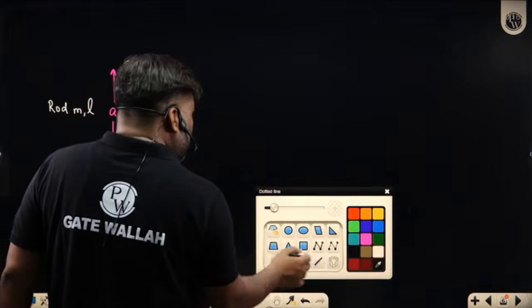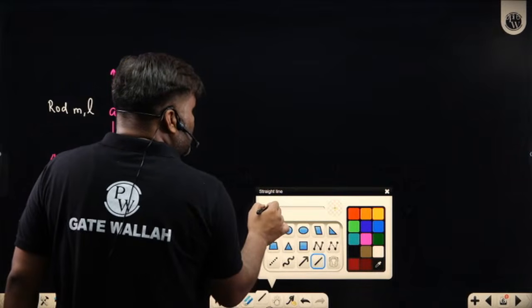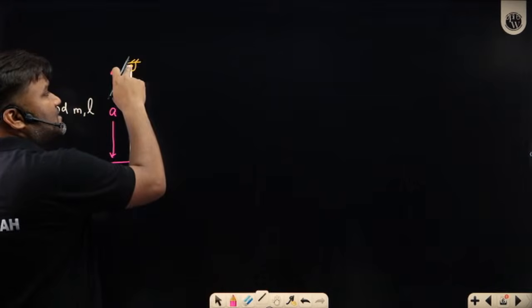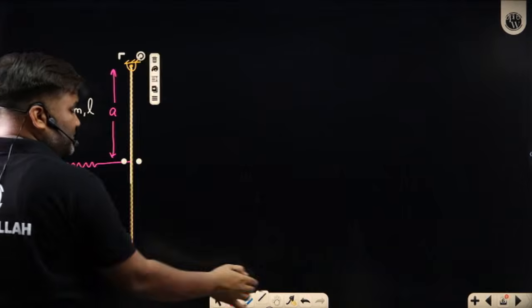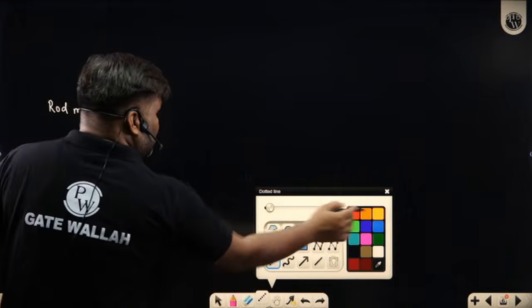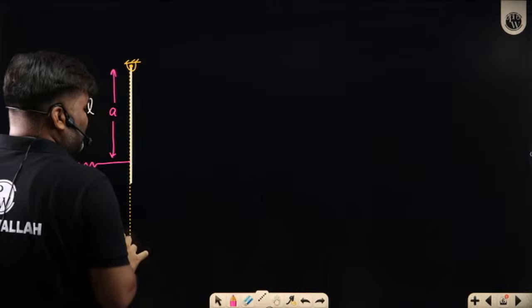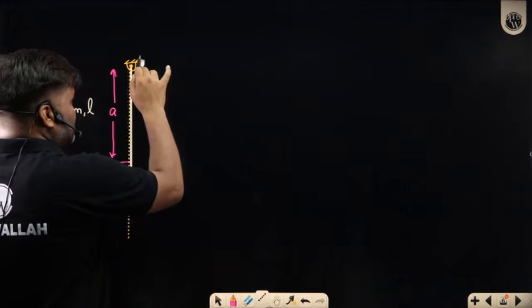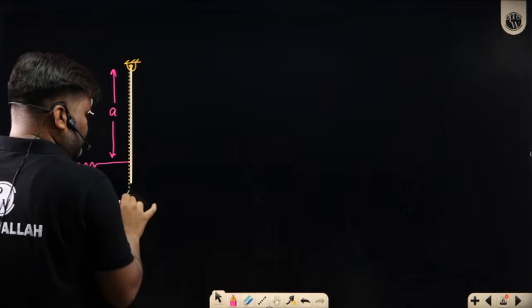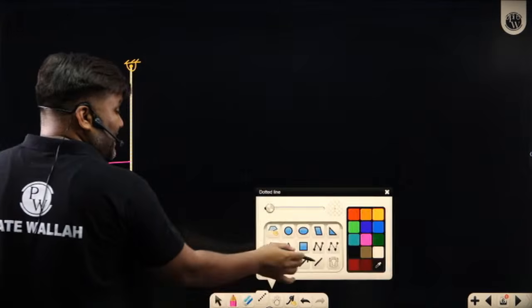How can we solve this? Sir, you can use the torque method from the eye center. This is the eye center. If no one has disturbed the mean position, this rod is going to be at rest. It looks like this. But if somebody has disturbed it,